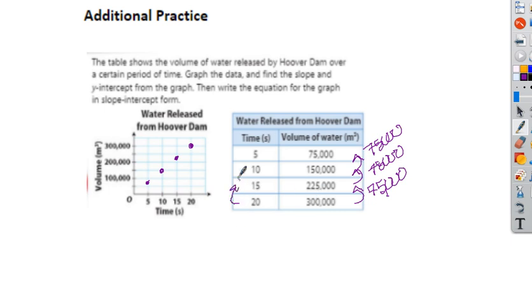Then we would go this way, and these all become 5. So we're going to take 75,000 and we're going to divide it by 5. And when we reduce that out, we get a slope of 15,000,